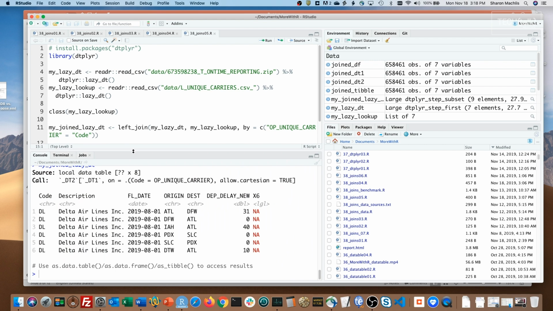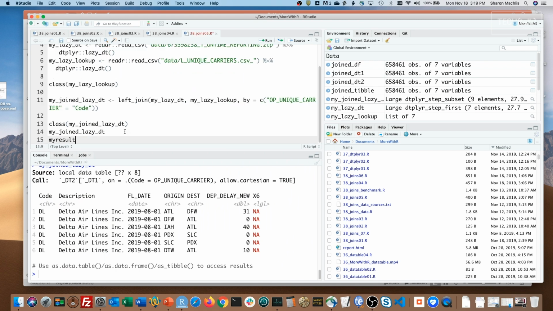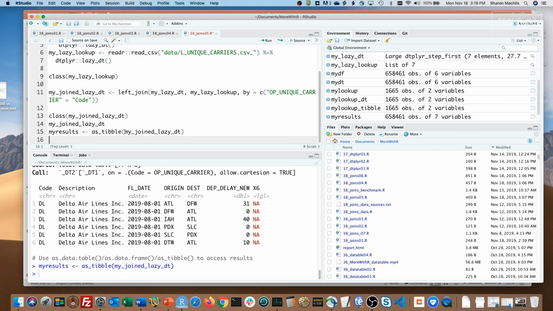You can see the data table code that created the object right here with call. That can be handy. I can also see the first few rows of data and, important, a message that I need to turn that object into a data frame, tibble, or data.table if I want to use the data in there, which I do. I can do that with as tibble. And there are my results.